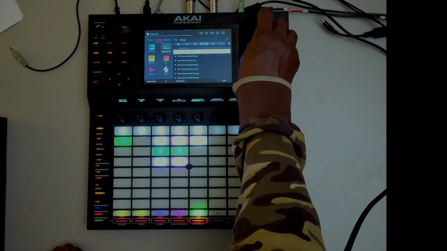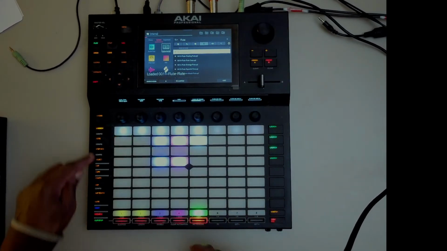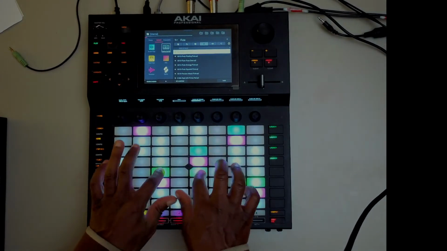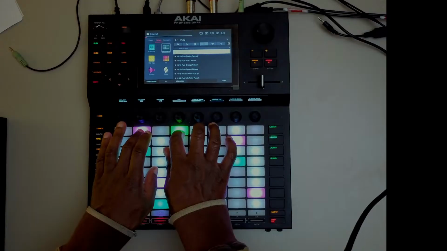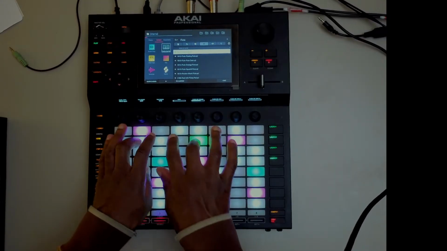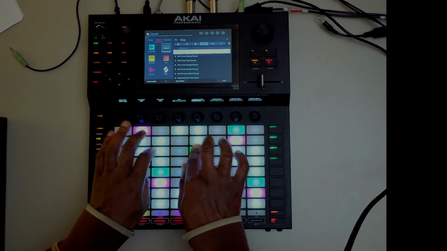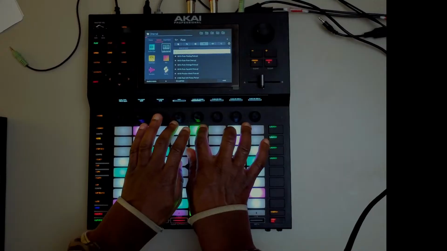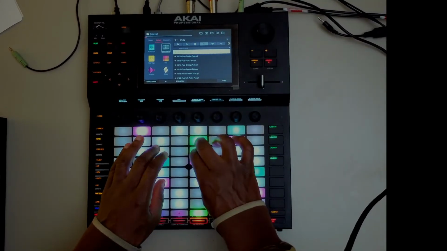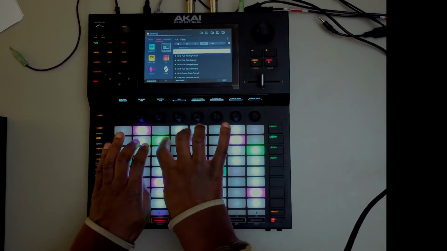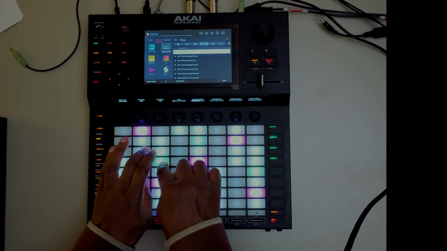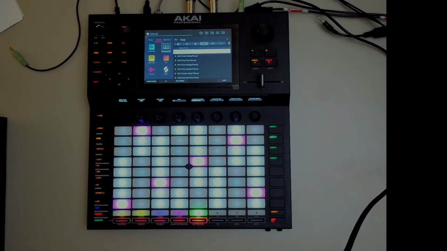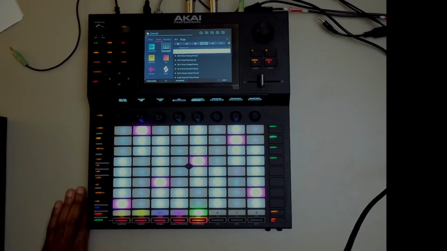Let's try flute. So basically, yeah, that was jazz.